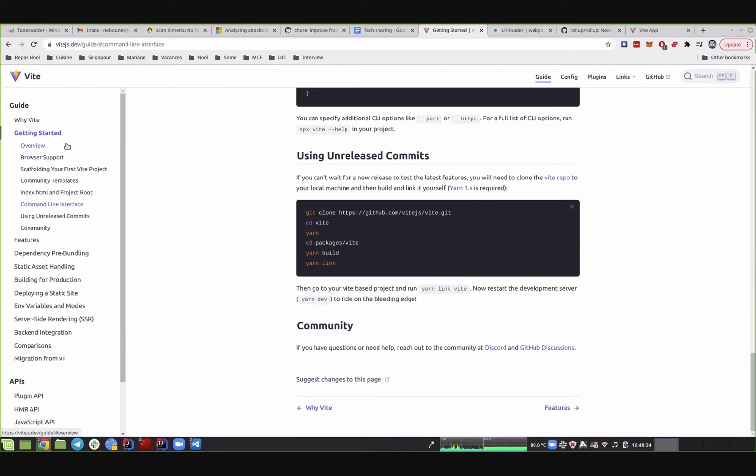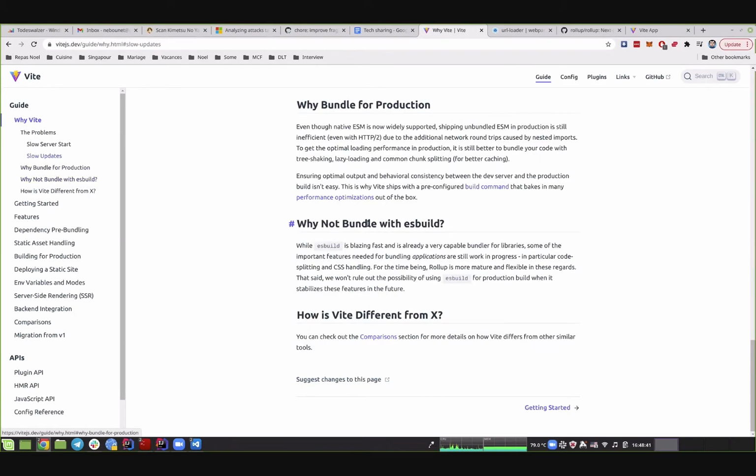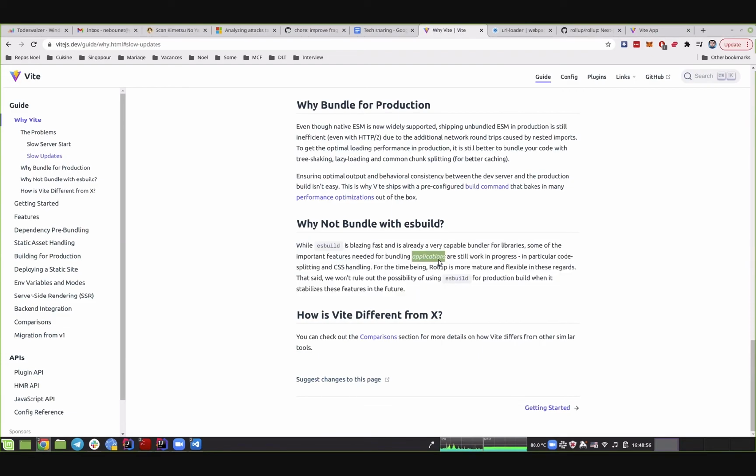It's explained here. They said that ESBuild is not ready for production yet, but eventually it will be, and then they will change Rollup to ESBuild. So far, they just use Rollup because, like they say, it's more mature and flexible.